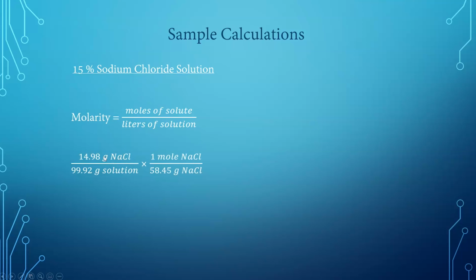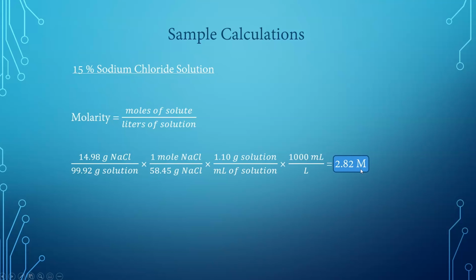First, we can change our grams of sodium chloride into moles using the molar mass. Then, using the density of the solution, we can convert the grams of solution into milliliters. And finally, we need to change milliliters into liters so that we end up with units of moles per liter,